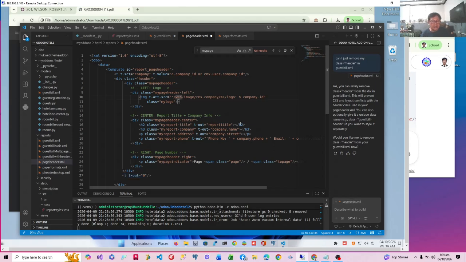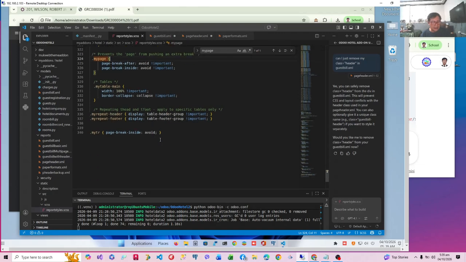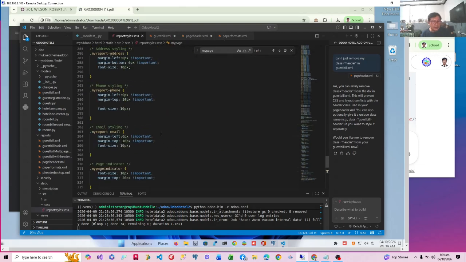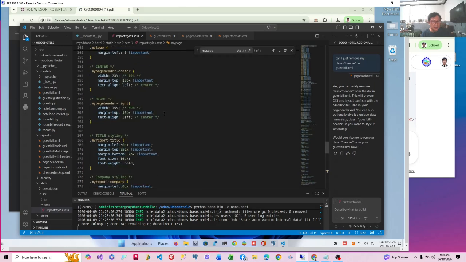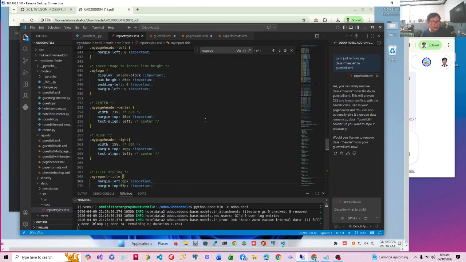Now this is my page header left, and my page header center, and my page header right. They are actually report styles that will allocate the widths of the different page headers. The page header right will occupy 15%, the page header center will occupy 73%, and the page header left, where's our page header left, it should occupy the remaining.